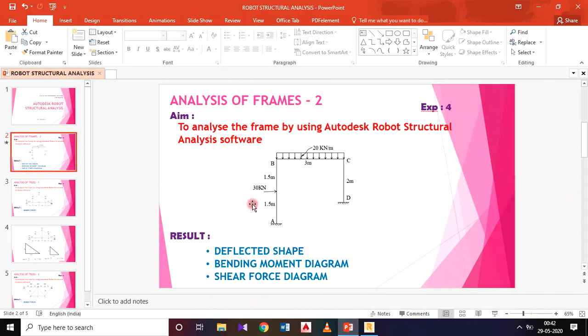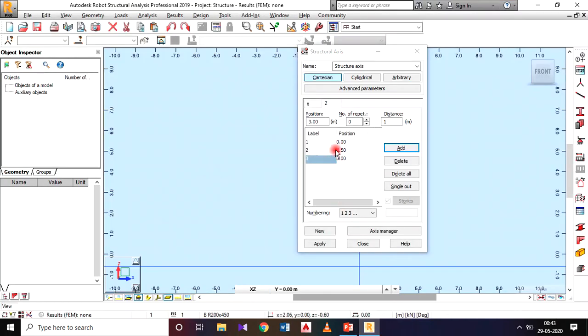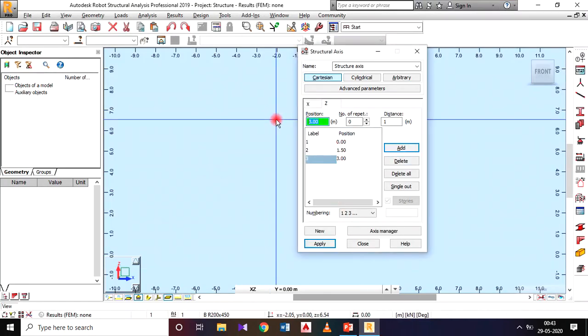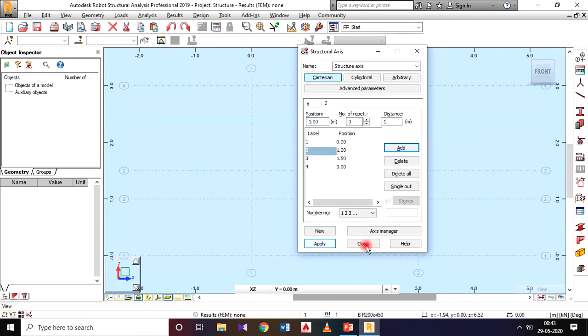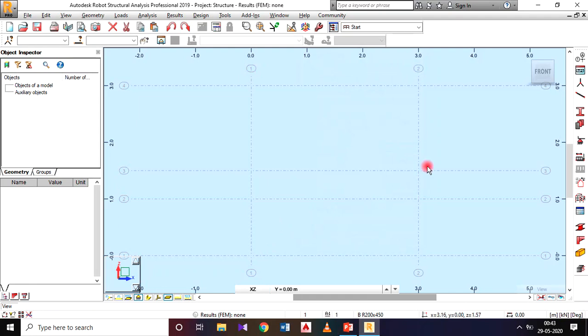And also I need the reference line for here. The total length is 3 and here it is 2. The remaining length from here to here is 1. So that means 0, 1, 1.5, 3. So here also same thing: 0 add, another value 1 add, okay, 0, 1, 1.5 and 3. Then apply, close. This will be the frame, the axis of reference.